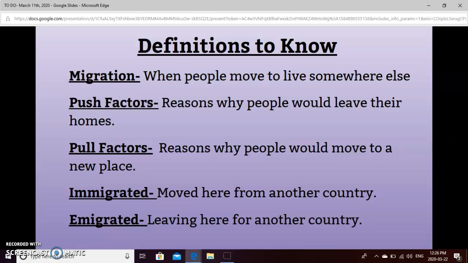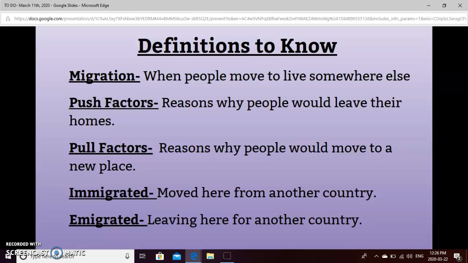For example, a person moving to find a job. It could be for political reasons. Like, for example, if there was war in that country, or it was a war-torn country, people would migrate and move elsewhere. We also discussed forced migration, which occurs sometimes when there is a natural disaster where someone's living and they are kind of forced to leave their home. It's not really that they want to, it's more that they have to out of necessity.